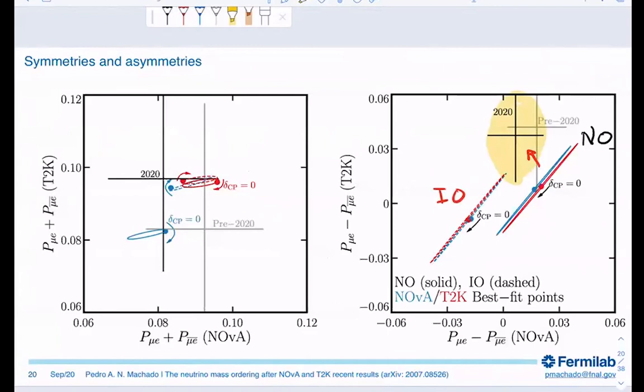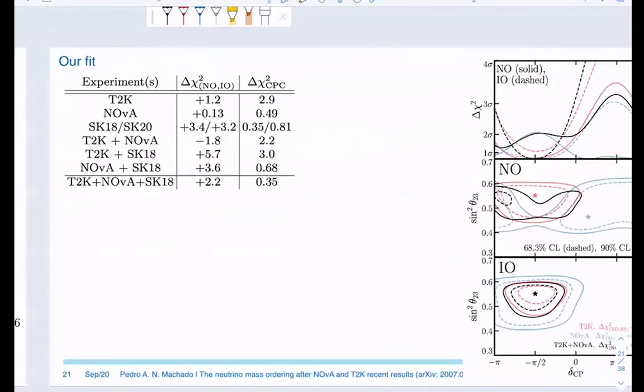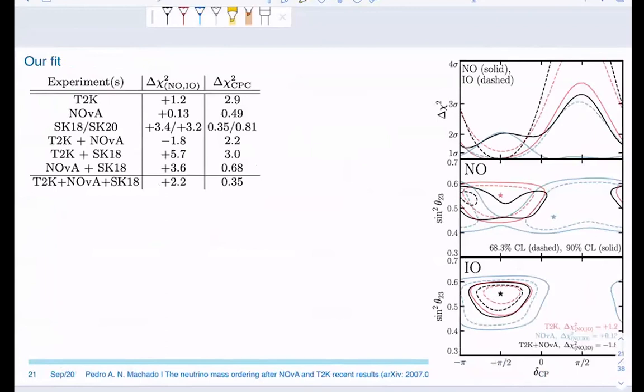So now that we have this, we can actually go and do a decent fit of these data sets. And this is our final result on this fit. So this is a little bit of a busy slide, but you have here, where do we start? Let's see. We have here the delta chi-square as a function of delta CP. Okay, up here. So solid is normal ordering, dashed is inverted ordering. So let's look at the solid. T2K, let me write here, this is T2K in red and NOvA in blue.